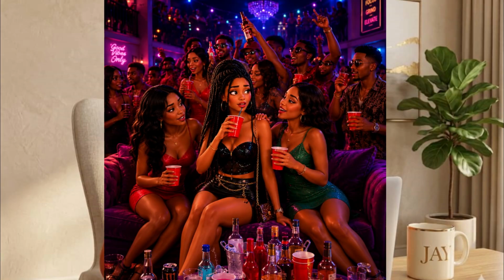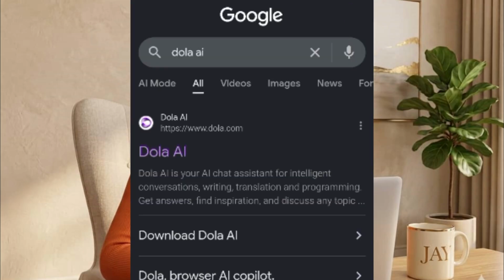All right, let's bring those characters to life. Step 2. Turn your characters into AI dialogue video. Now comes the exciting part. We're finally going to make our characters speak. Open your Chrome browser and search for Dola AI. Open the website,